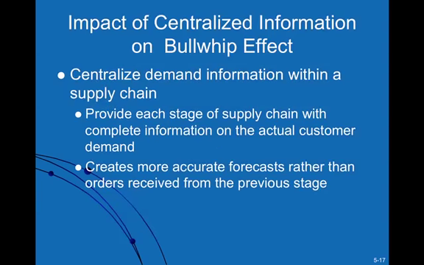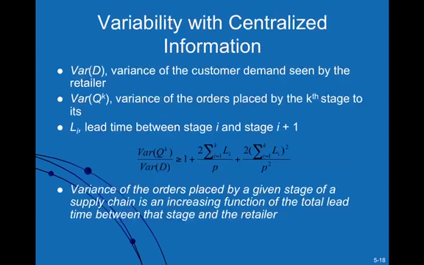Now, you see here that centralization does provide some benefits. If you centralize the information within the supply chain, then every person within the chain shares the demand information, and you could reduce the Bullwhip effect. But if we did not centralize, and instead went to decentralized information, this says centralized information right here. So